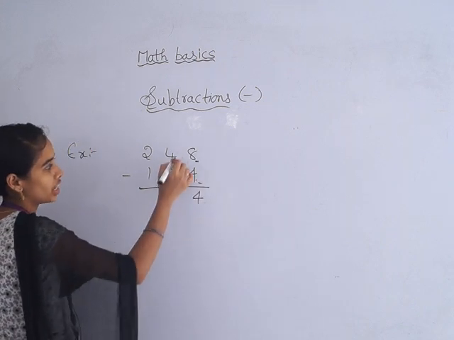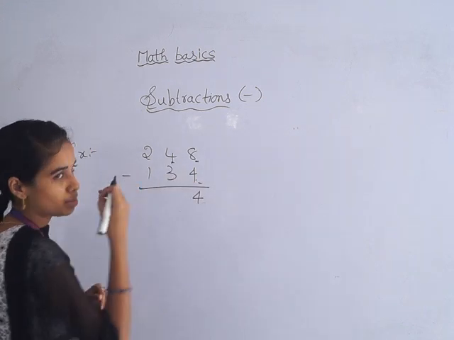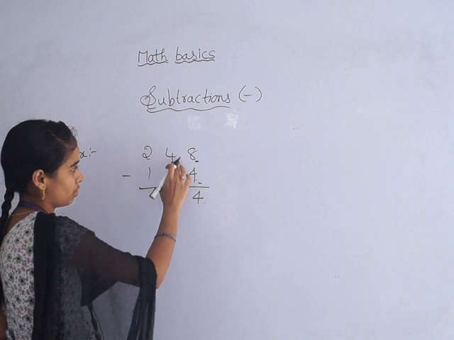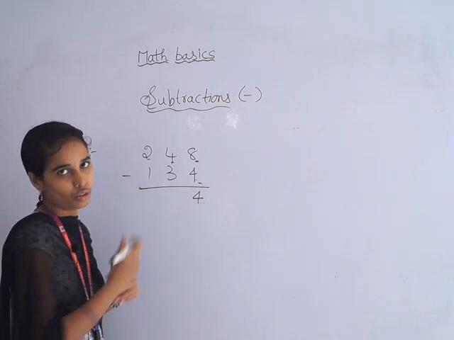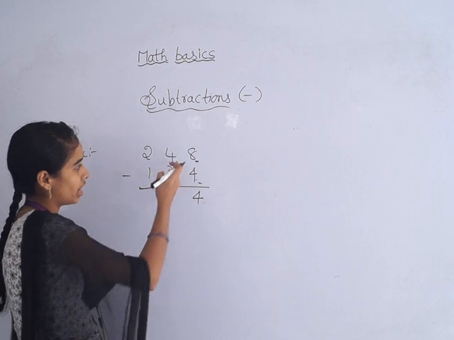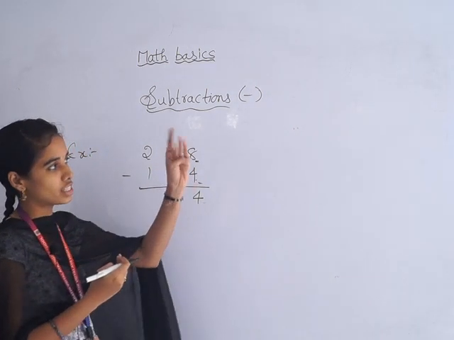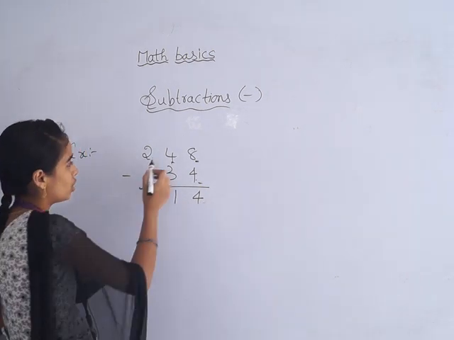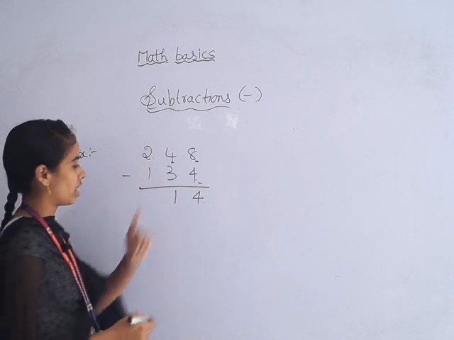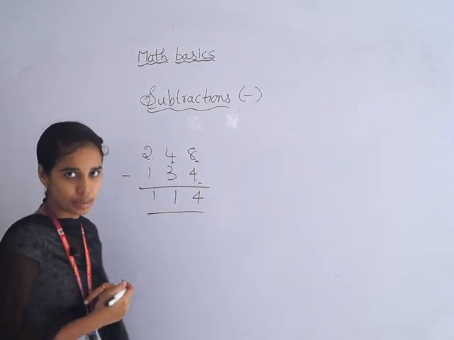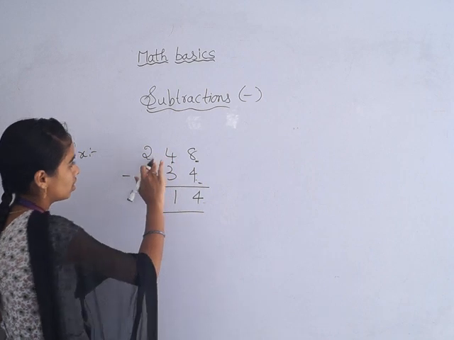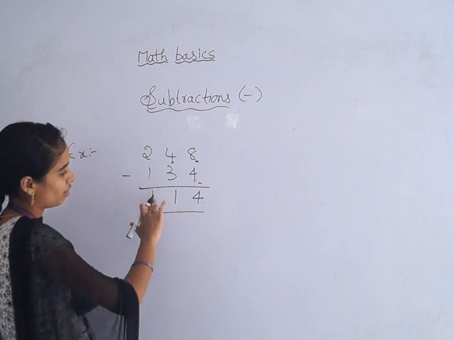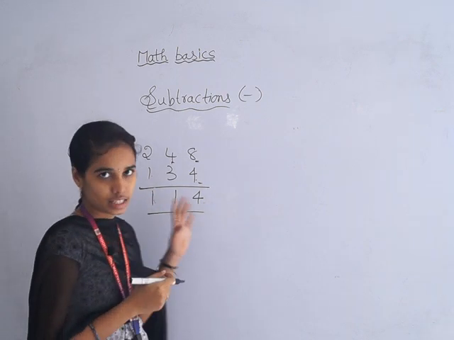Go through tens place. Here also first you check whether first one is biggest one or smallest one. So first one is 4 and second one is 3. So 4 is bigger than 3, no? So directly you have to subtract. 4 minus 3, answer 1. So 1. Next go through hundreds place. 2 minus 1, 1. So like that, this is the simple subtraction without borrowing subtraction also. So our answer is 114. So these are the simple without borrowing.